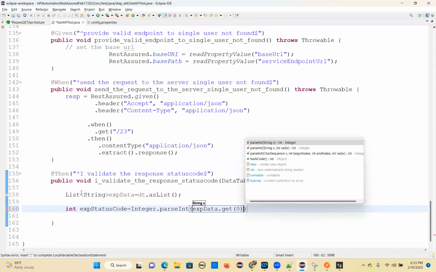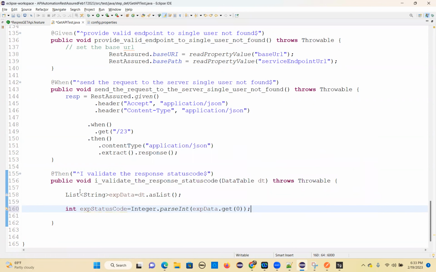It's not there, just get of 0 only. Only one, right? One collection only. So only one list only, right? That's why get of 0. Second get method won't be there. So you got that. So assert equals